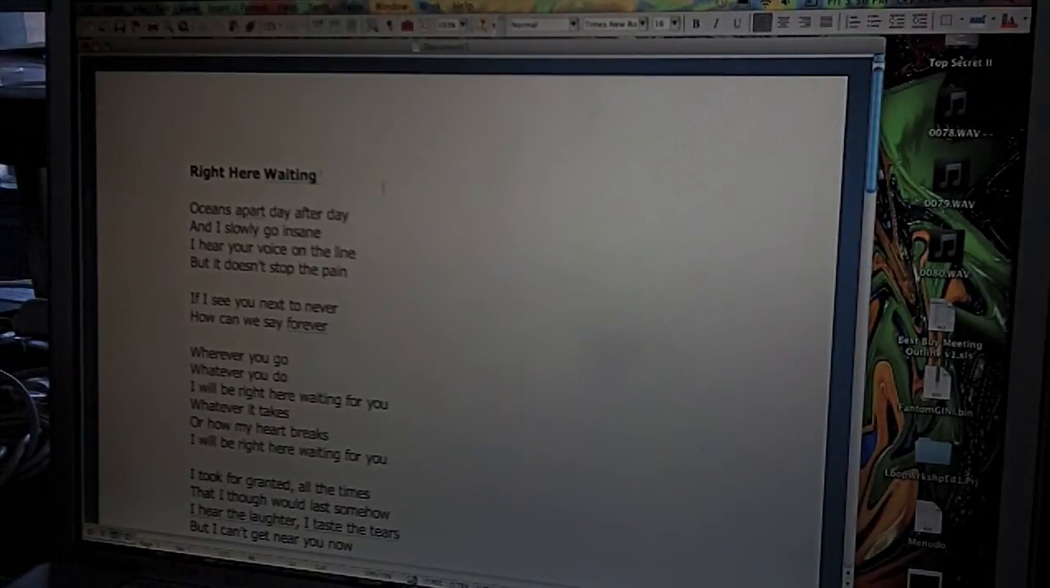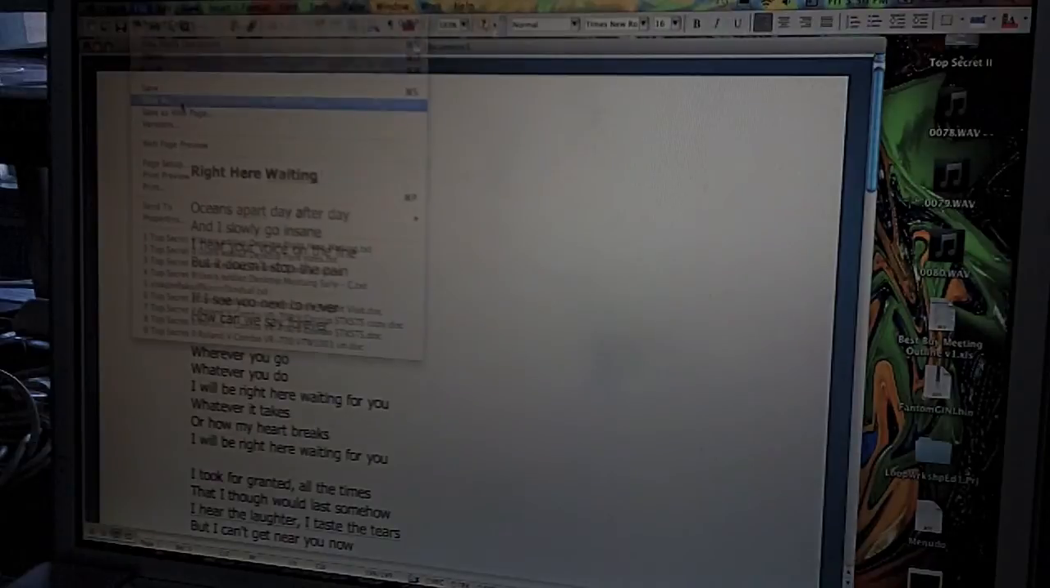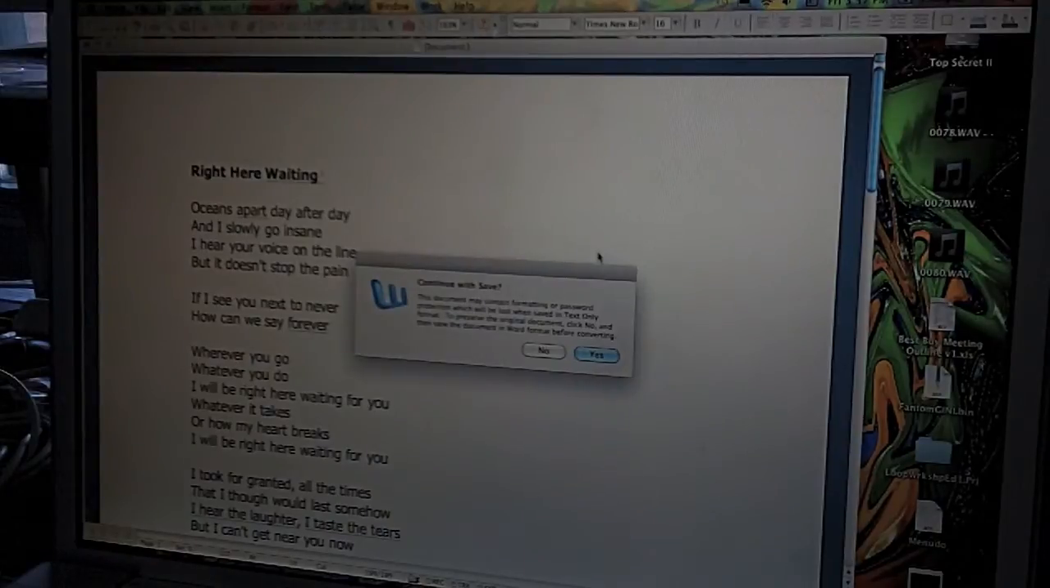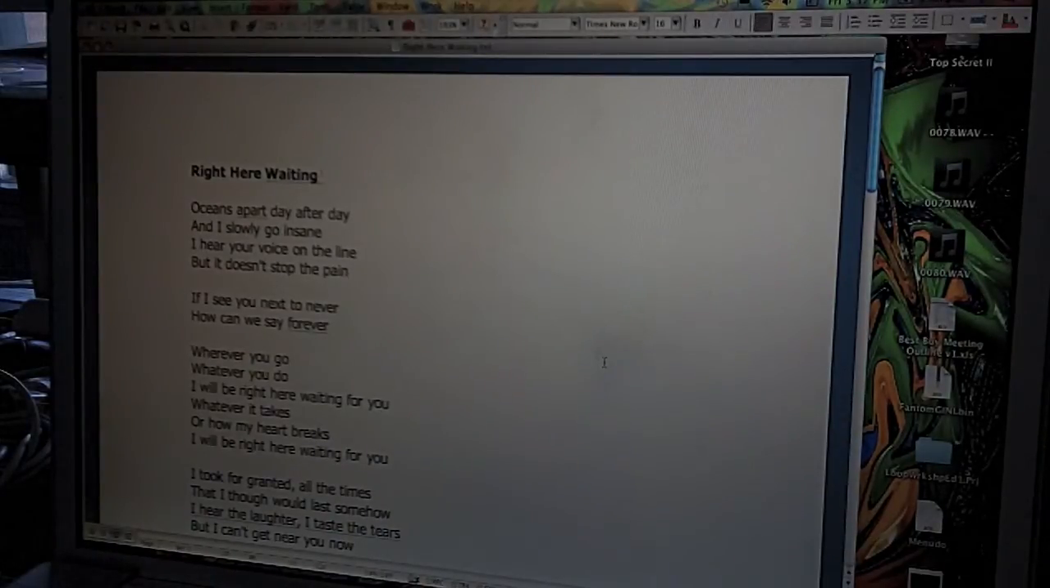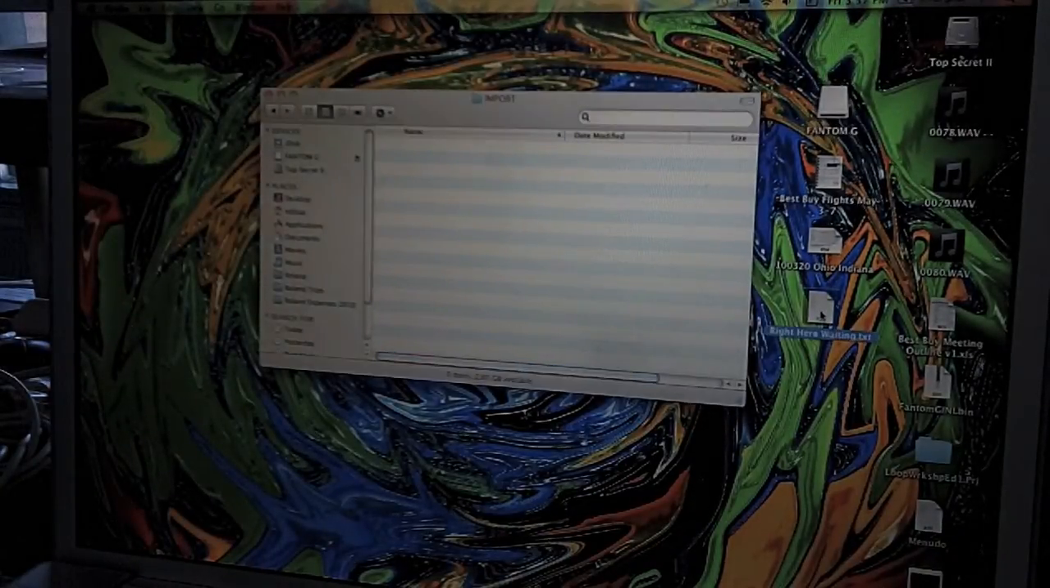Cool. Now that I have my lyrics in here, let's go ahead and do File, and let's save as a .txt file. Do not save it as a Word document. So I'm going to save it as a .txt file. And go ahead and press save. Oh, but I'm going to put it on my desktop. Great. So there we go. Continue yes. Okay, great. Now that it's on my desktop, I'll close that out,